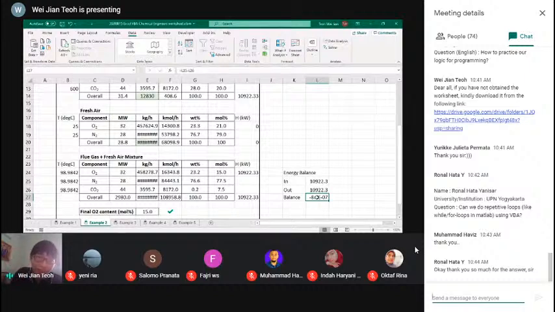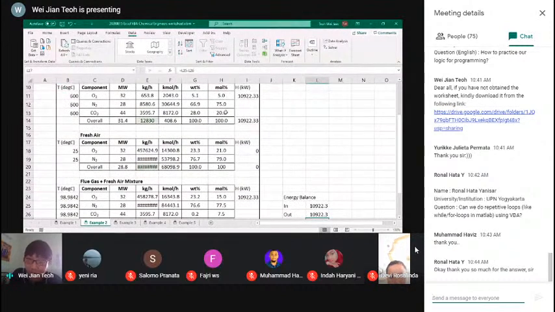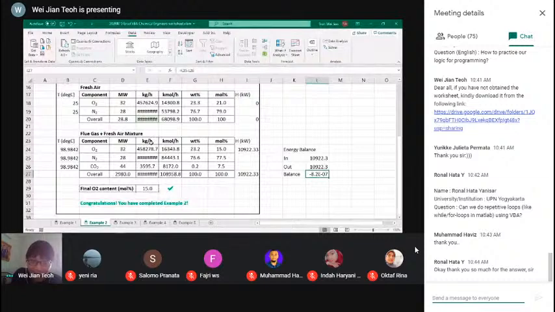This is a very simple introduction. I just mix two gas streams and I'll show you how Excel can be used for mass energy balance calculations. So I hope you like this, and if you have some free time, you might want to try it out when it's still hot, and you can tell me the answer later. What is the final temperature?